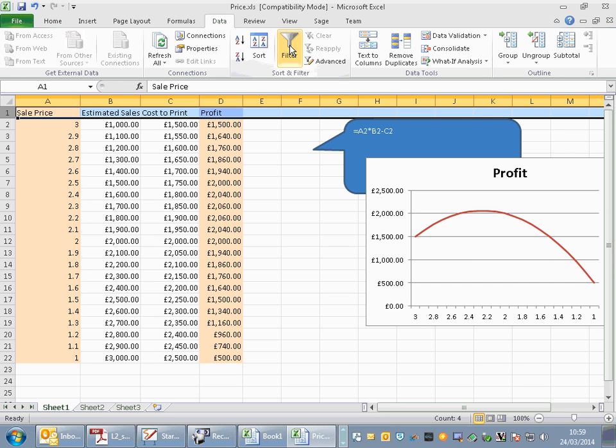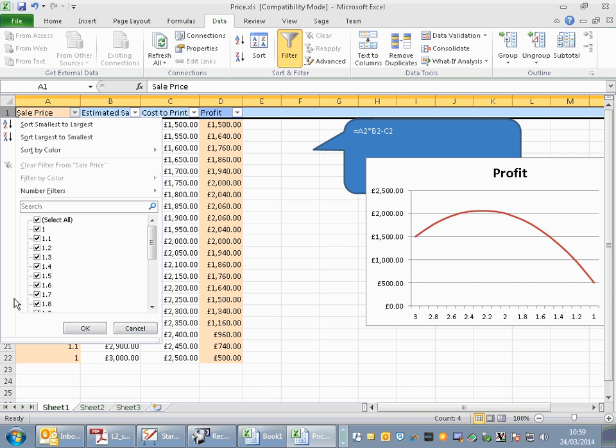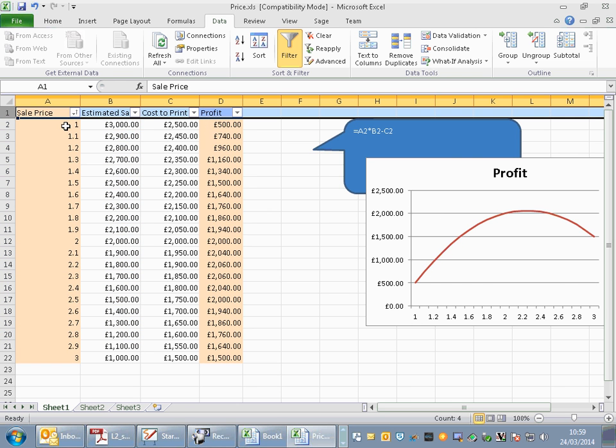Highlight the column, filter. Pay attention, please, because you can do it different ways, but the other one could give you wrong result unless you are careful. But this way, go to the sale price where sort from smallest to largest. This is the best way of sorting, yeah, because otherwise the other one you need to expand it, but you could easily forget to expand. Yeah, there are different ways of sorting, but this is a safe option to use. It's now sorted by,